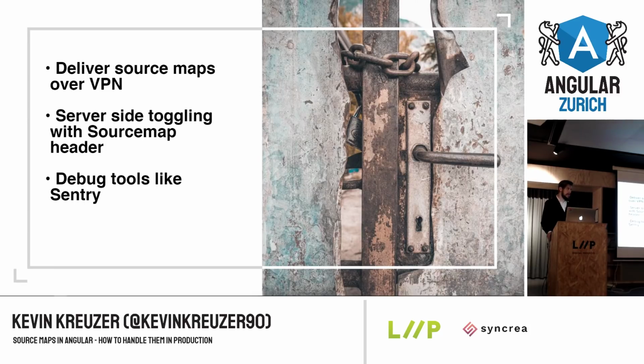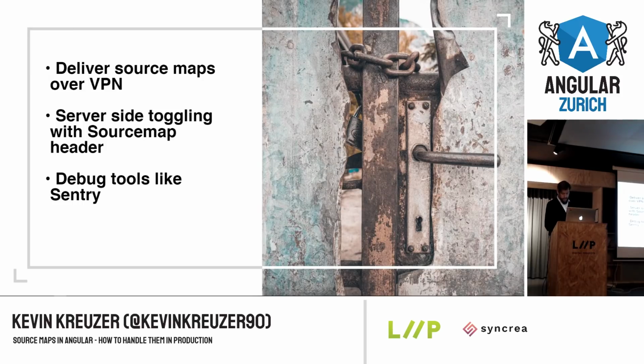One is you could deliver source maps over a VPN so that only people inside your company can reach source maps. Another thing that was suggested was that you could use server-side toggling and just set the source map header or not based on some conditions. Or there are some debug tools like Sentry, which is an open source tool. I think it's less a debug tool, more like an error reporting tool. And there you could upload your source maps, and then it would fetch them and display the error